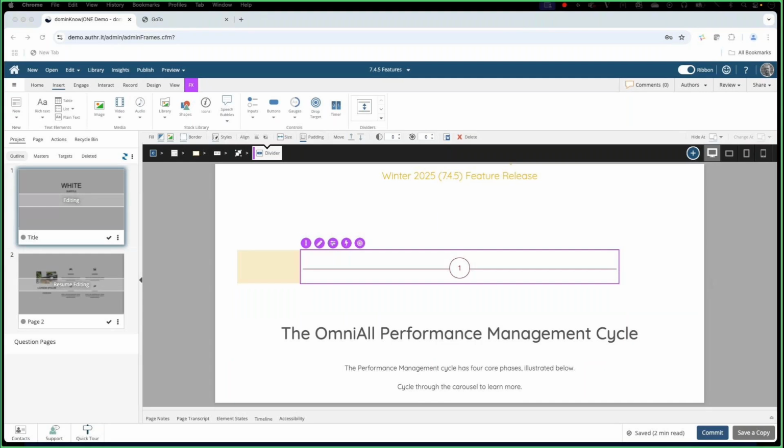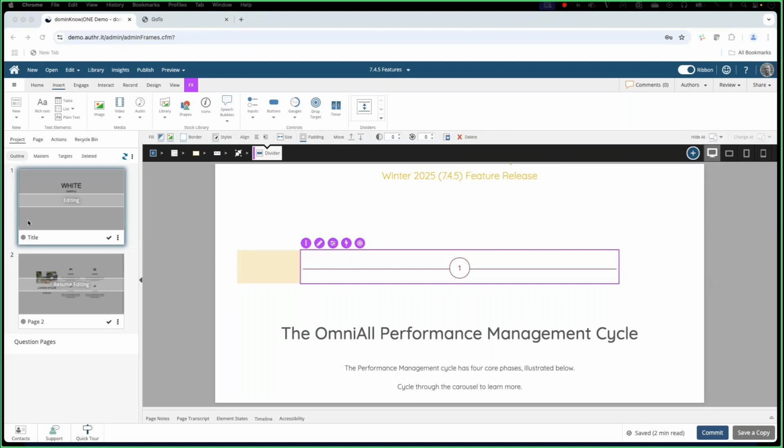So those are the 2 brand new, completely new features that we've added to Domino One as part of our winter 2025 feature release. We've also tweaked a number of other features and improved some things. We've had a tremendous focus in the past year on ease of use, making things simpler for authors to work with. We're a tool that has a heck of a lot of power and a heck of a lot of possibility, but it's also sometimes a great deal of complexity. So we've been focusing on simplifying some of the things that you can do in the tool.